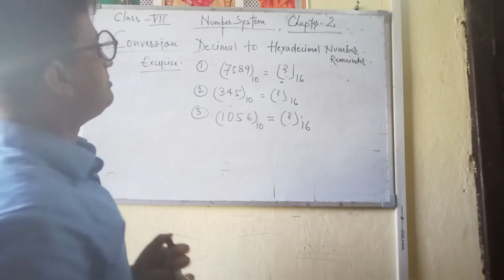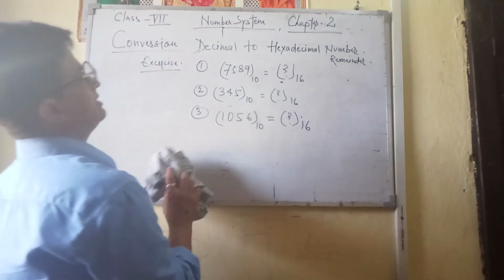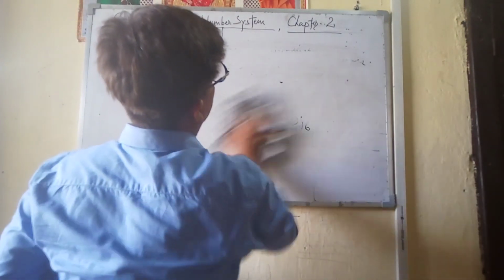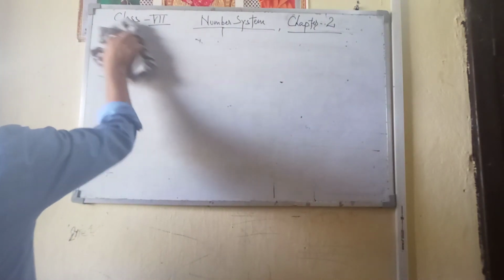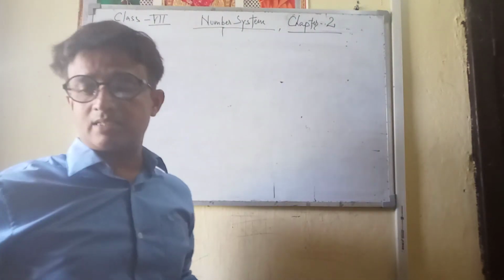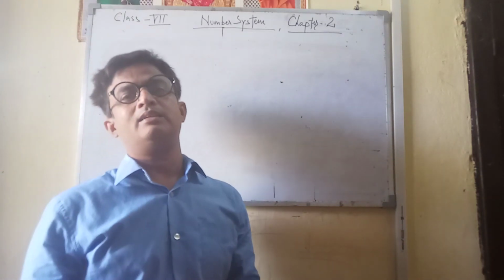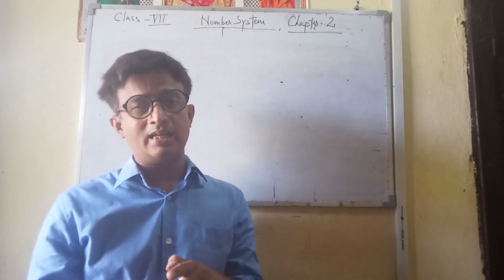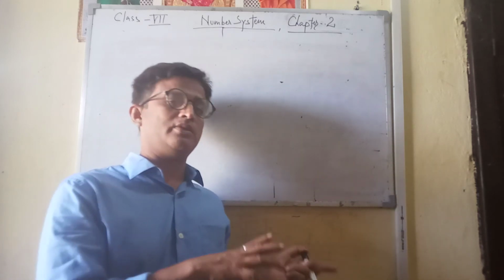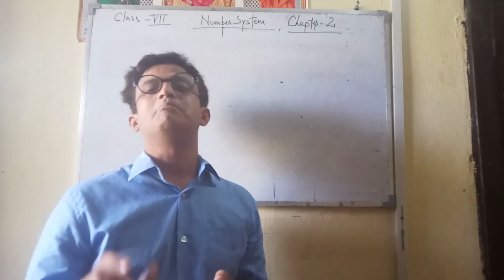Now this particular section is over. Coming over to the next section. Because right now what we did, we converted decimal number to binary, decimal number to octal numbers, decimal number to hexadecimal. Now how to convert binary number